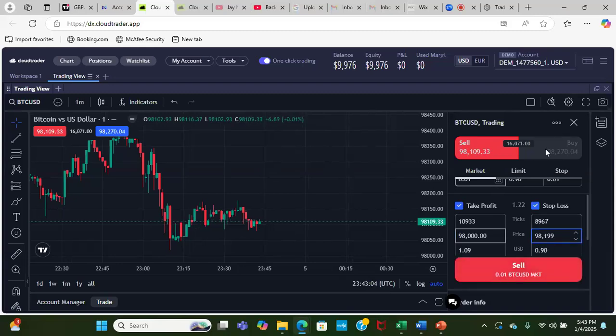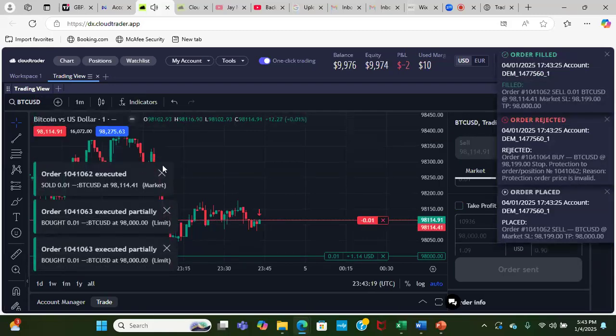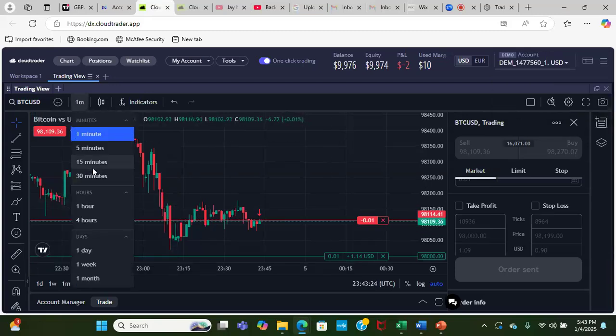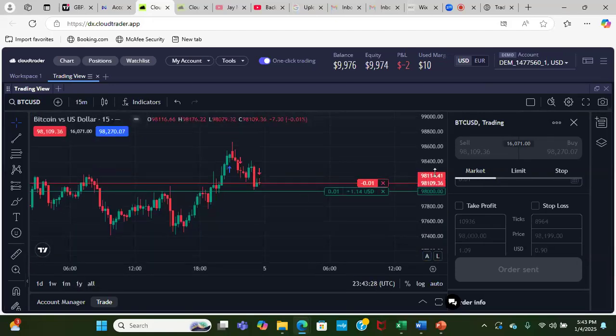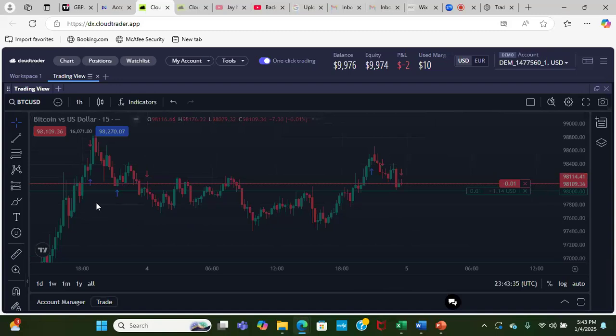All right. Then once you find BTC USD, click on that, click on sell, and put in your take profit, your stop loss, and make sure your lot size is correct. You would click sell. Okay. All these random orders and information will pop up. You can just exit out, and then it's on 1 minute. I can change it to maybe 15 minutes to see where we are. Let's see, 1 hour.